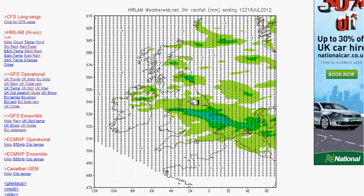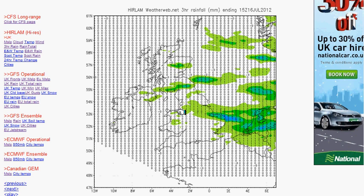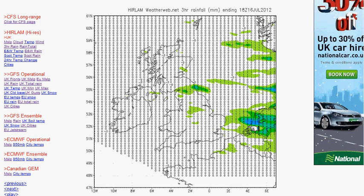Now, some one or two heavier periods of rain as that rain tracks its way eastwards, but what we will find is dry weather just spreading into the west gradually during the day. I haven't mentioned this band of rain across Scotland too. There it's going to be pretty cloudy with outbreaks of rain, but brighter probably in the west. I think always some low cloud and mist lapping onto these western coasts, but inland areas should become brighter during the course of the day as this rain clears away, but cloud and rain moving back into northern parts